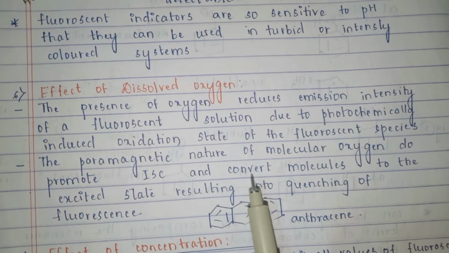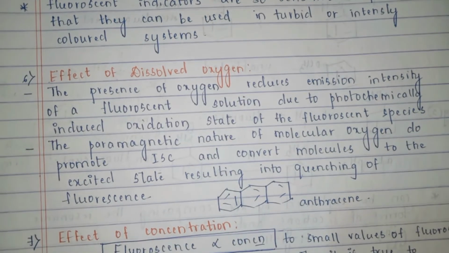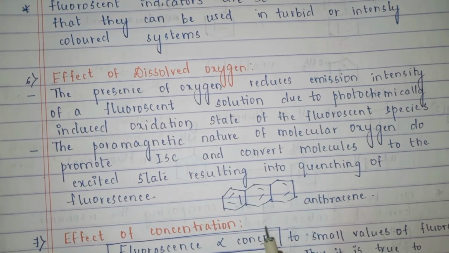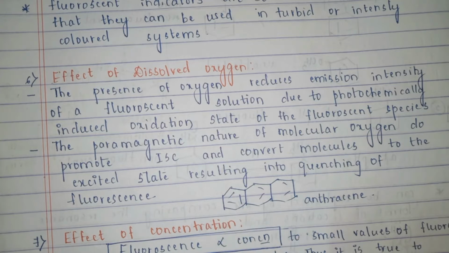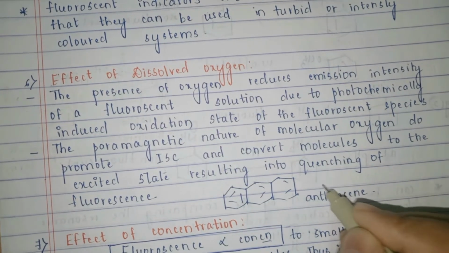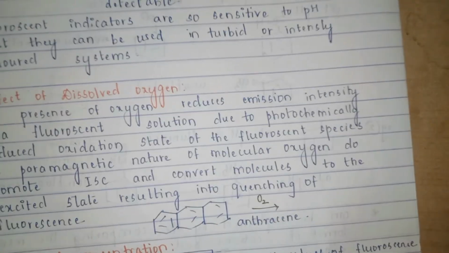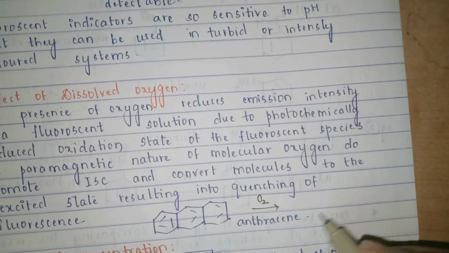From the triplet state, whether it will give phosphorescence phenomena is dependent on the type of the solvent that we are using or the type of the molecule that we are trying to record our readings. Now for example, anthracene. With a regular species, when there is a presence of anthracene, this is the structure of anthracene. But once oxygen is added to this particular anthracene, what happens is this double bond.